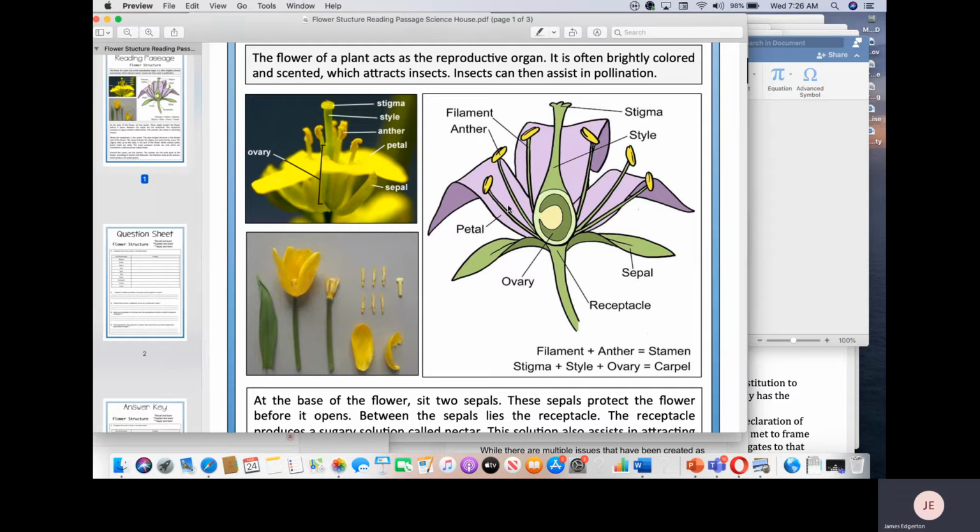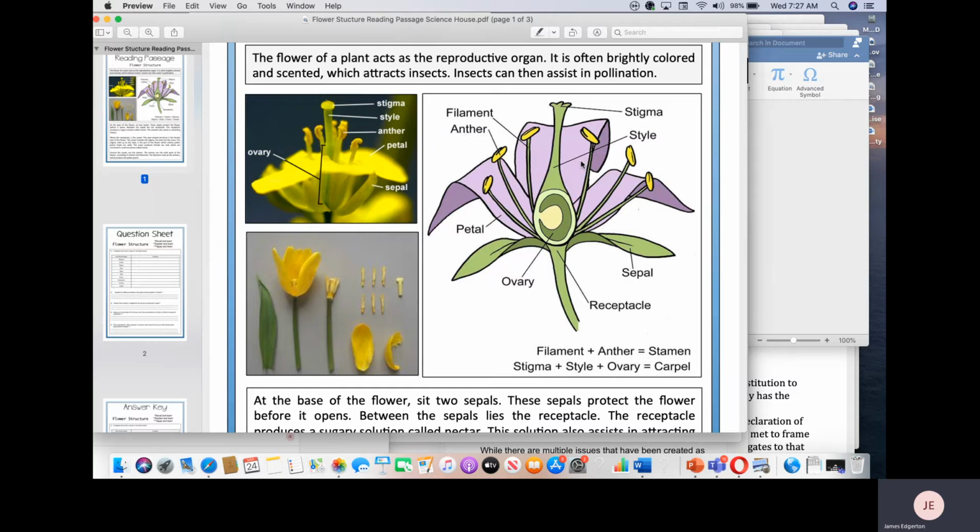But the big concept here is that you understand that the anther and filament here is part of the stamen, and that is the male part, and then the female part is the carpel, which is the stigma, style, and ovary. And the pollen here gets into the stigma and down the style and into the ovary, and that's how the